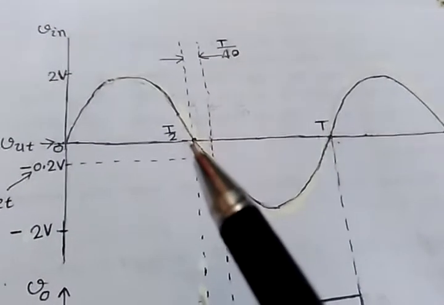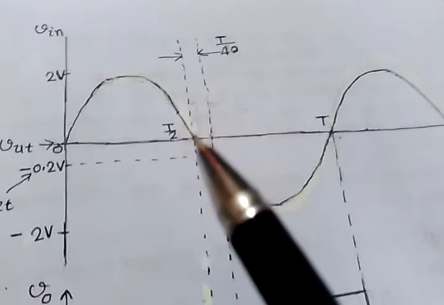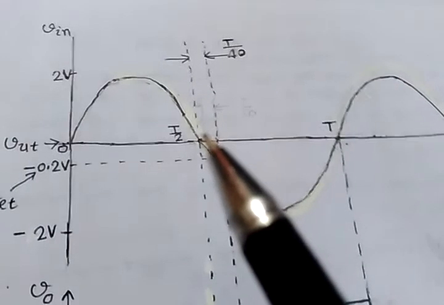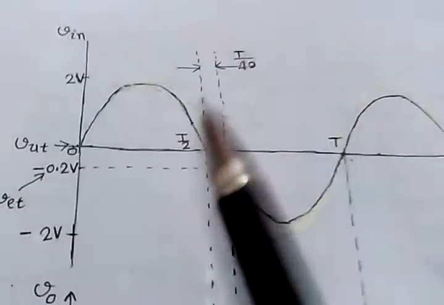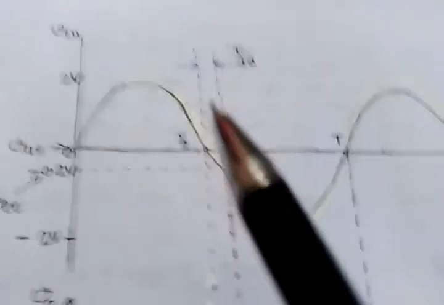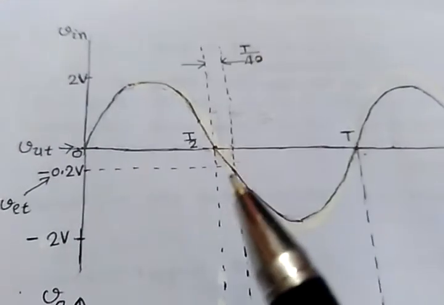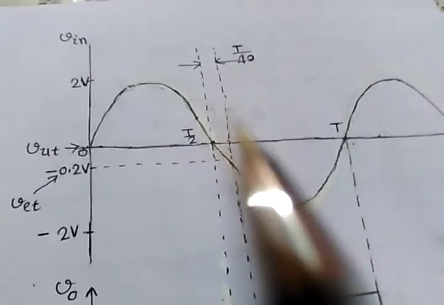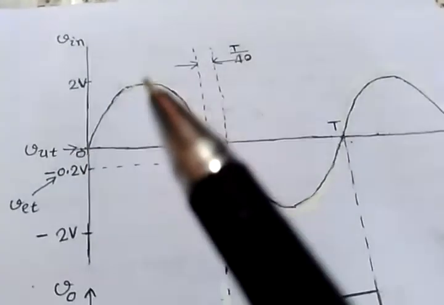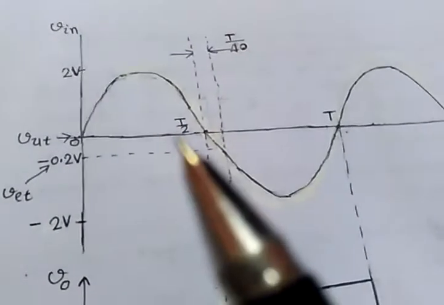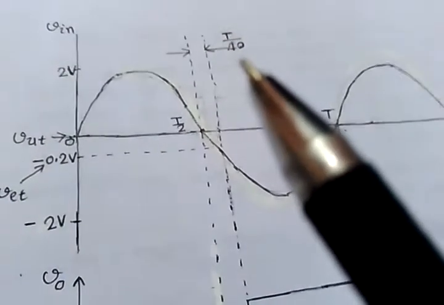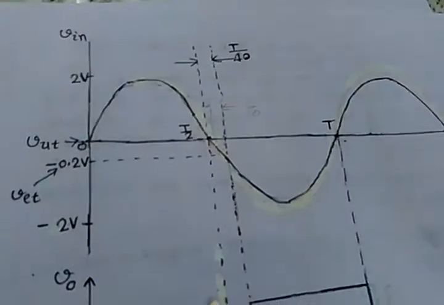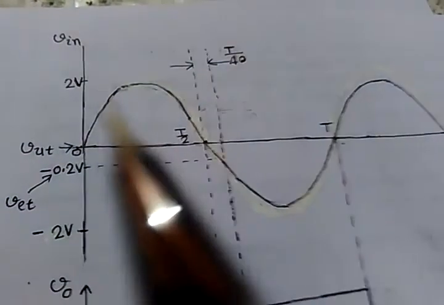Now we will calculate the time taken by the signal to change from 0 volt to 0.2 volt. Means we want to find this time duration. This is the time taken to change from 0 to 0.2 volt. Since this signal takes T by 4 seconds to change from 0 to 2 volt, it will take T by 40 seconds to change from 0 to 0.2, because 0.2 is 1/10 of 2 volt.